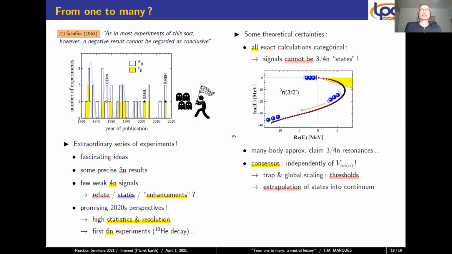On the theoretical side, we have seen that there are uncertainties. So the exact calculations are categorical, and all of them agree that if there are signals, they cannot be 3 or 4 neutron states. The many body approximations claim that there can be states, there can be resonance. And even if this disagreement is a bit